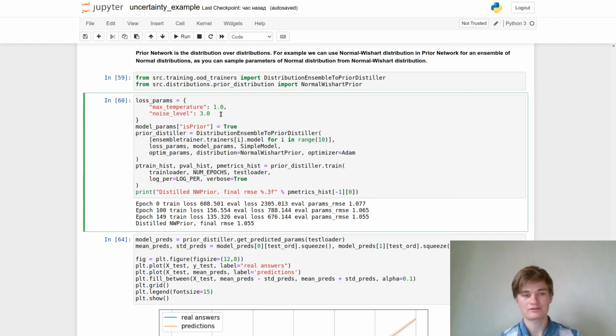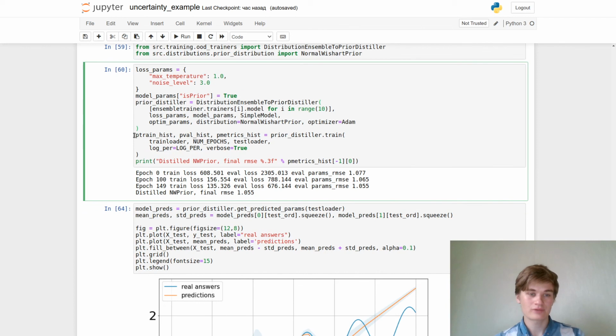Temperature could be very important, as you know, if we have different local optima with different models inside our ensemble, it could be hard to put them inside one model, and temperature allows us to start with quite a spread distribution, spread mean of our ensemble, and make it more and more sharp as we go further in our optimization procedure.